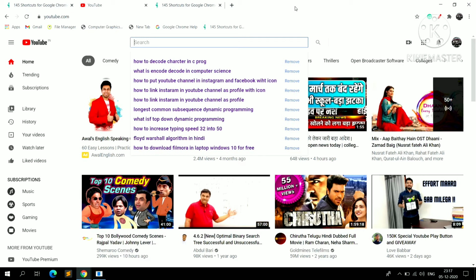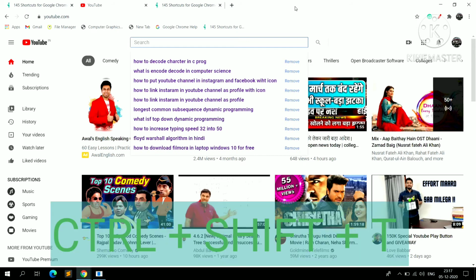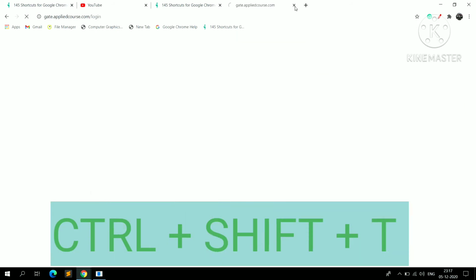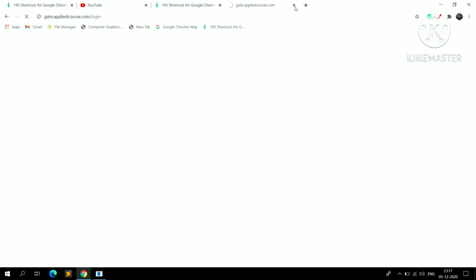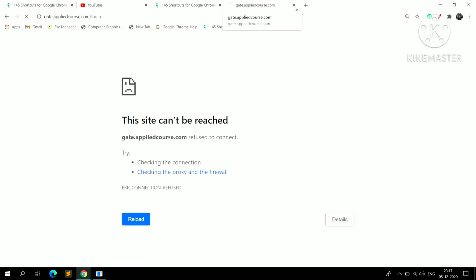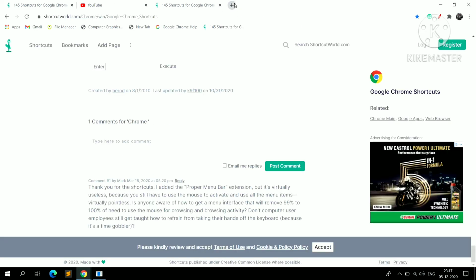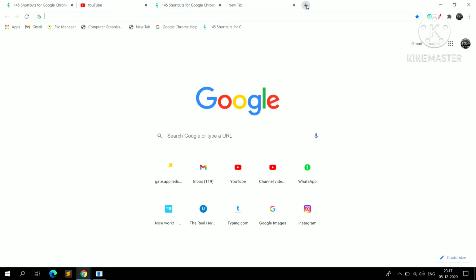How to open it? Just press Control plus Shift plus T. I think this shortcut key is very useful.